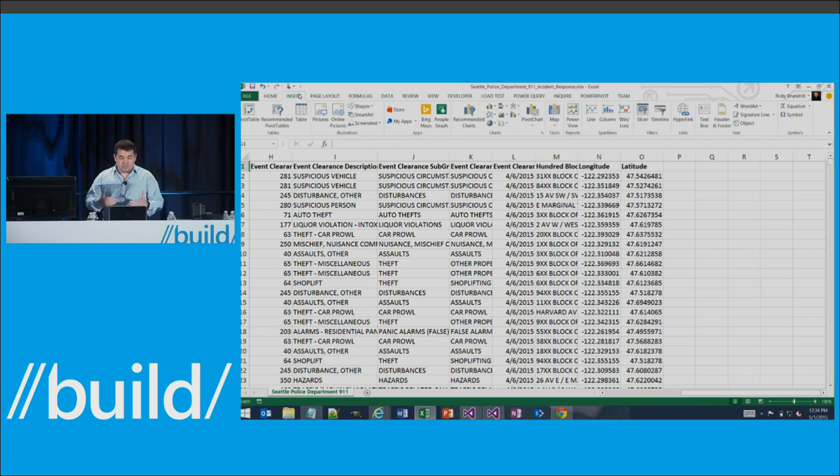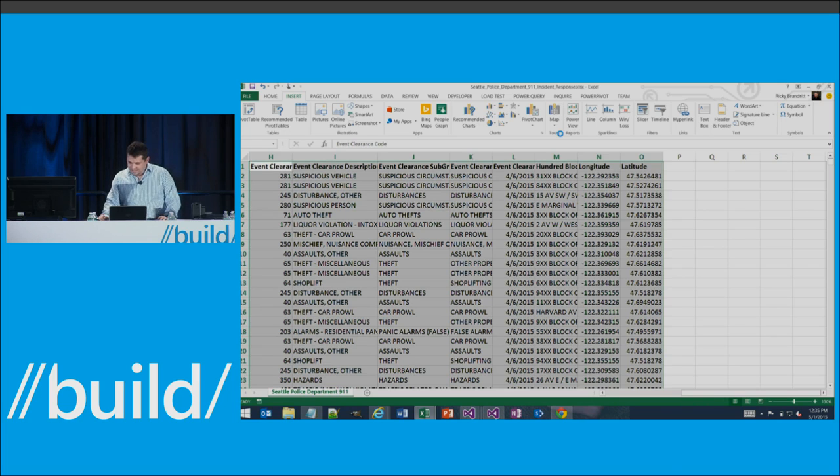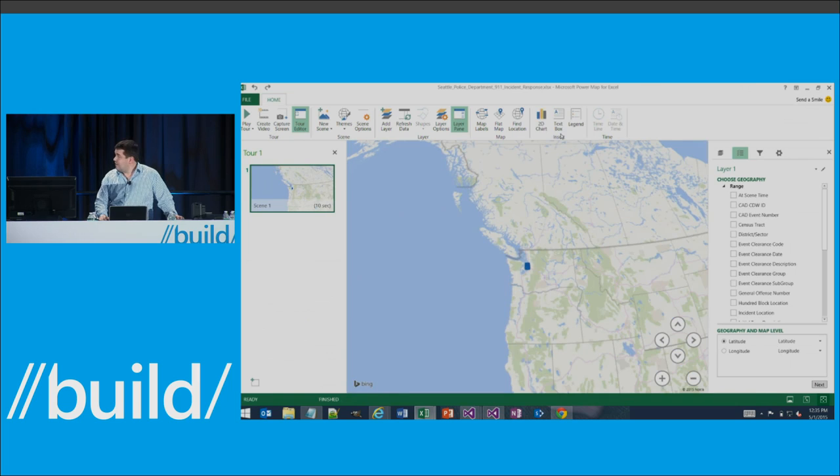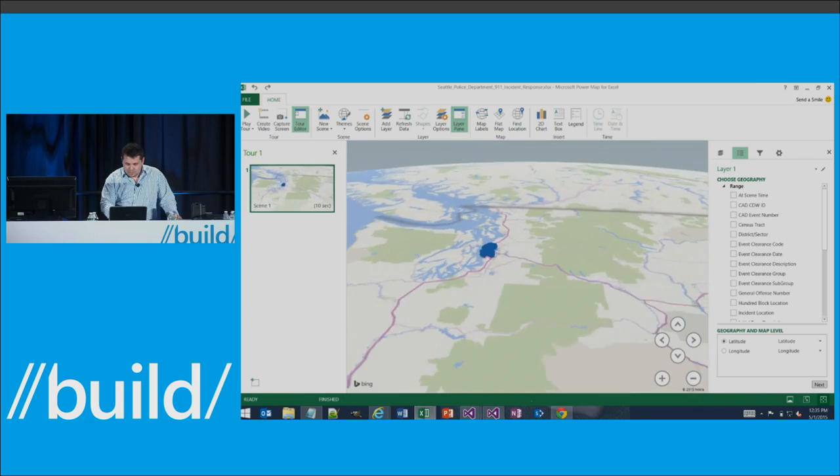if you have Power Maps installed, you simply go to Insert, Map, and launch Power Maps. And hopefully I don't have too many things running in the background. And there we go. So now we get a simple map. And if we zoom in, we see,